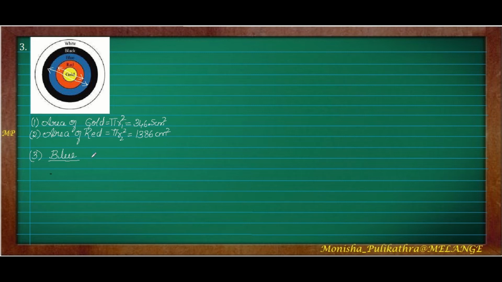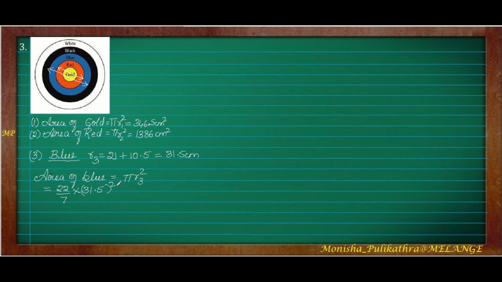So let us find out. Here the radius of blue will be, previously the radius of red was 21. Each and every circle will be 10.5 centimeter wider. So it will become 21 plus 10.5, that is equal to 31.5 centimeter. So here we have to find out the area of blue. So area of blue is equal to pi r3 square, that is 22 by 7 into, r is equal to 31.5